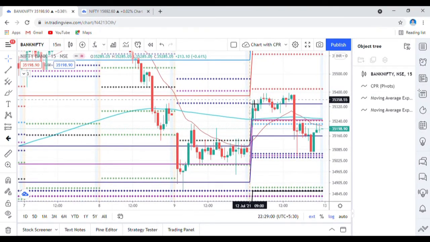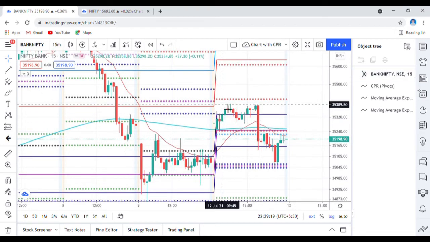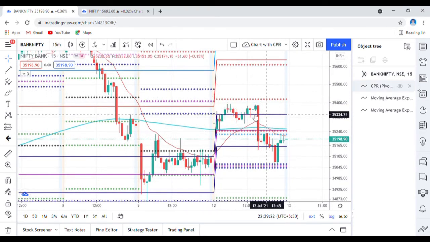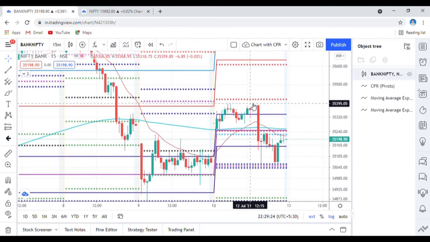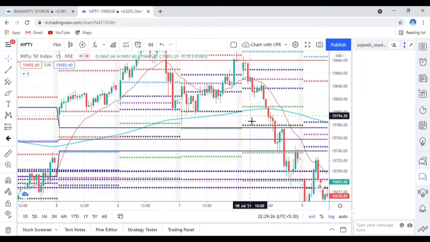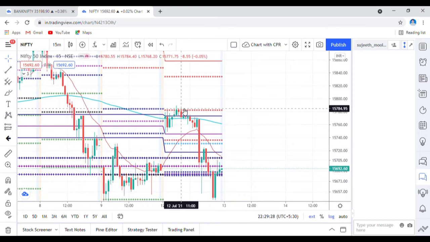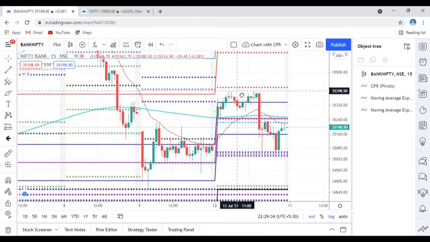And again on the next day the market opened gap up and again it faced resistance because on the previous day it was a virgin CPR. See, the market didn't touch the CPR, so for the next day it will become a virgin CPR. So even though the market opened gap up, it couldn't break this virgin CPR level. Again it faced resistance near this, and even Nifty had resistance at R2, and from there the market crashed